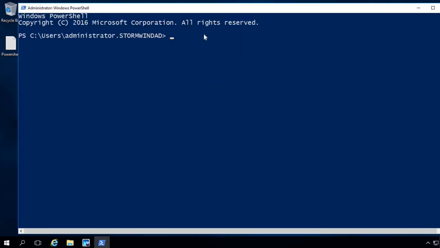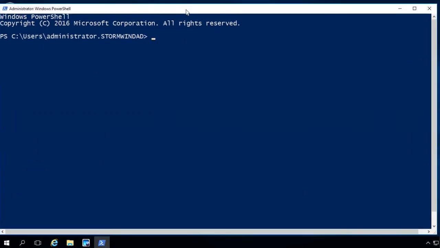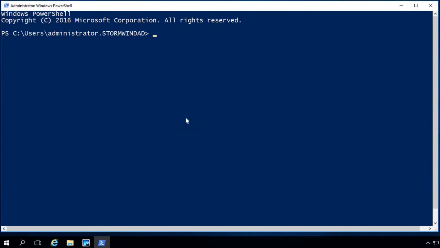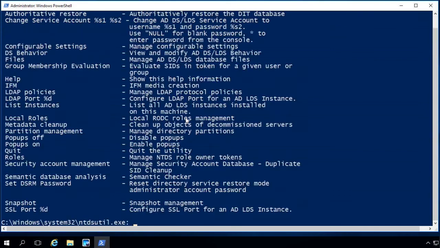Now, there's other steps to this, like stopping your Active Directory, but I'm just going to go ahead and show you the command so at least you know where you would go in. So if I go into ntdsutil, you'll see here